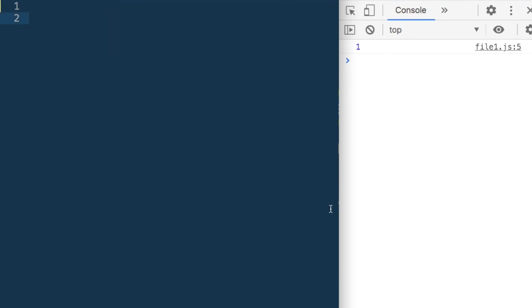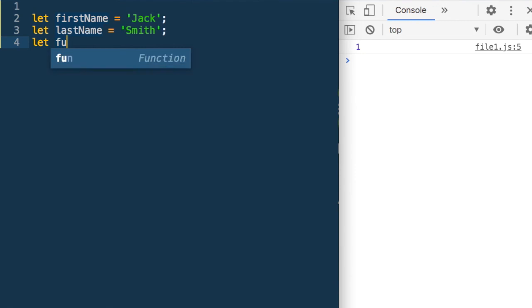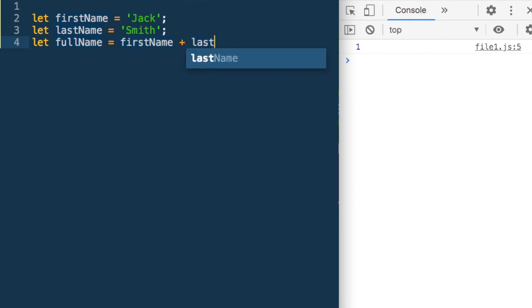Similarly, let us see what we can do with strings. So let's say let first name is equal to Jack, let last name is equal to Smith, and I can say let full name is equal to first name plus last name. So here we are adding these strings, or what we refer to as concatenation.